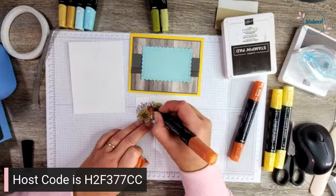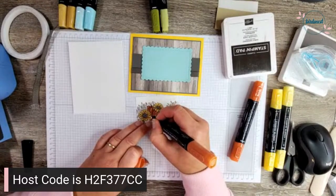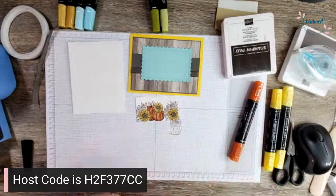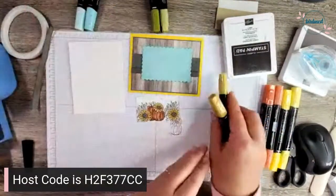Okay, so we'll color in this pumpkin. Try not to get the color on those leaves. Or the petals, I mean. Okay, so there's our pumpkins. Then we're going to use some wild wheat to color